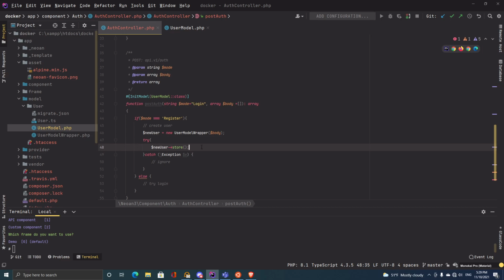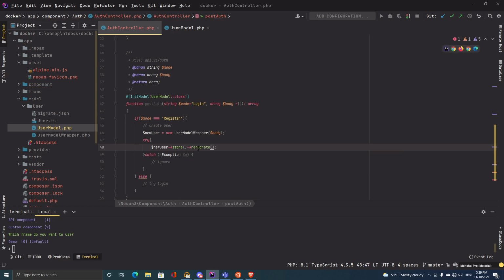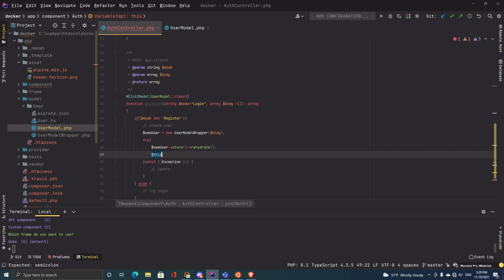So if that worked, right, which we can know if it has an ID, but I won't even go that far. So what I'm going to do is use a little trick and say rehydrate, which basically means if this doesn't work for whatever reason, and now it's trying to update what it has on the database, this will fail, so then we're automatically in this case, right? So now I basically ensure that this is working,